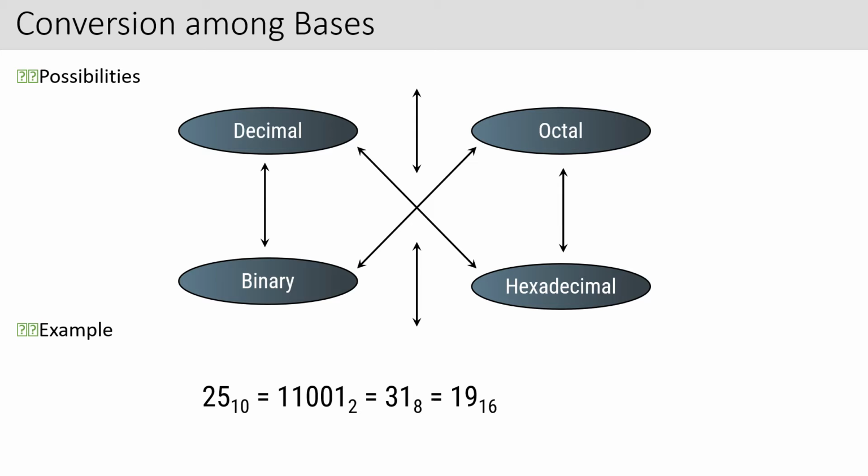Okay, so this you should remember, the possibilities which I have drawn here. The way I said you can convert decimal to hexadecimal, binary to octal, decimal to binary, binary to decimal, octal to hexa, hexa to octal. All these possibilities are possible. And not only that, decimal can be converted to hexadecimal, hexadecimal can be converted to decimal. Same way binary can be converted to octal, and octal can also be converted to binary. Now the question arises how to do this conversion. There are certain steps, a certain procedure which you need to follow to convert the different number systems into the other form. So we will discuss this with you all.